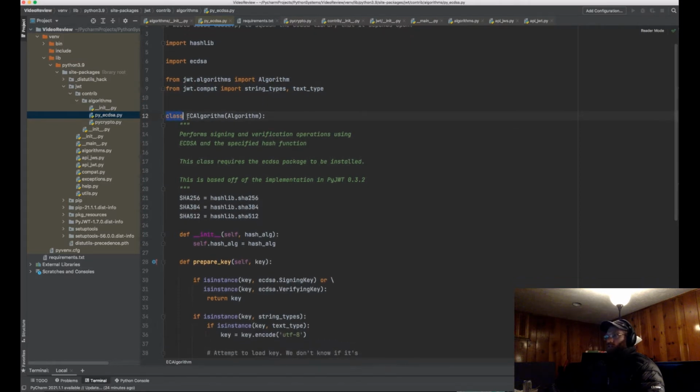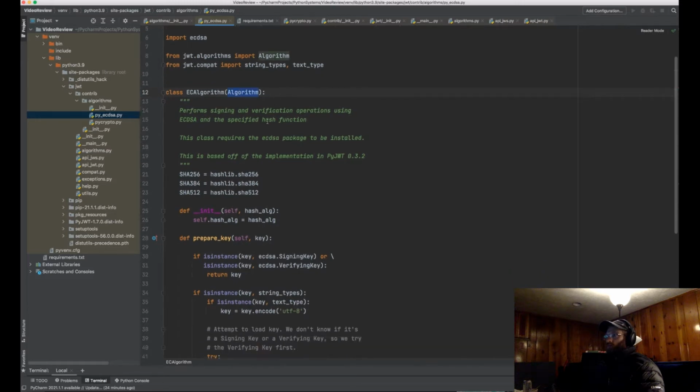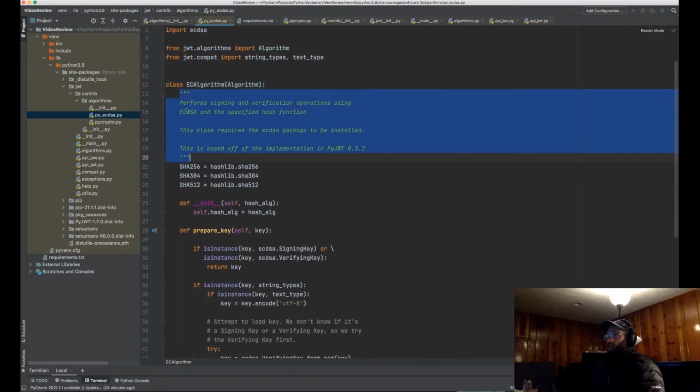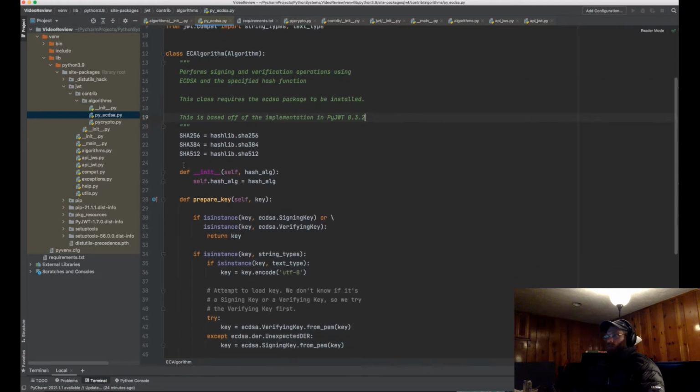It is class ECAlgorithm, which is inheriting from a parent class called Algorithm. The docstring here is: perform signing and verification operations using ecdsa and the specified hash function. This class requires the ecdsa package to be installed. This is based off the implementation in PyJWT 0.3.2. Inside of this class declaration, we have a variable named SHA256, which is equal to the SHA256 value from